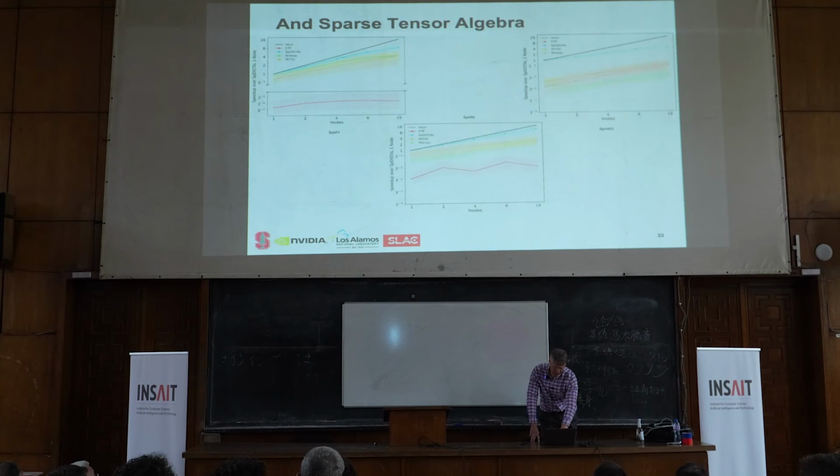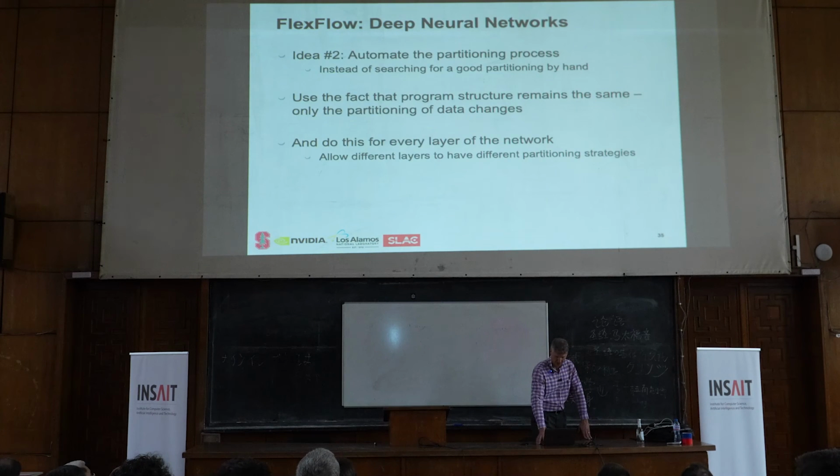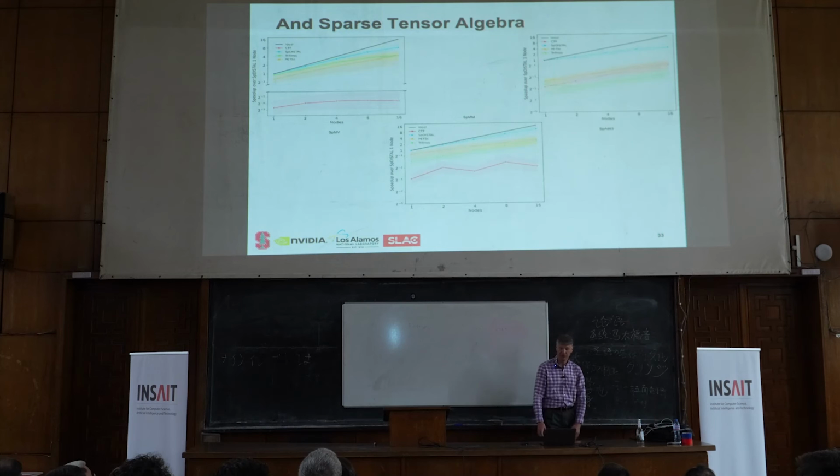All right. And then I also mentioned before, this also works for sparse tensor algebra. So here are some performance plots of the Legion version of sparse tensor algebra versus two standard libraries called Trilinos and PETSc that do sparse tensor algebra. So in the upper left-hand corner is SpMV, which is a standard operation that people do all the time, sparse matrix vector multiply. It's used extremely commonly in everything from scientific computing to machine learning. And you can see that